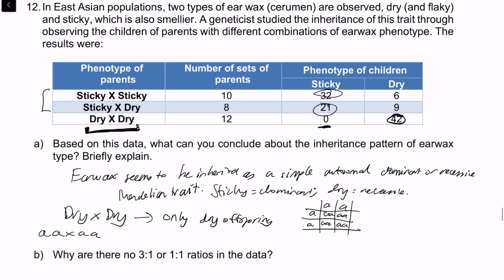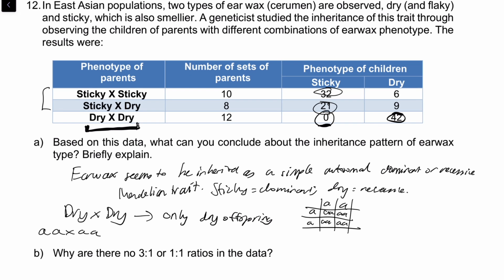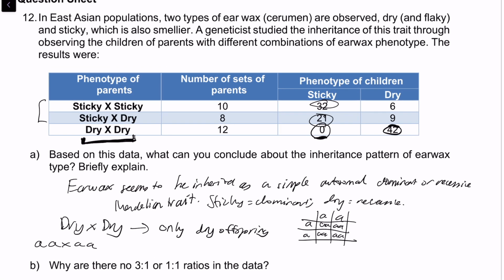Okay, and so that's what's happening in this bottom row here. We cross two dry phenotypic parents. All of their children are going to have dry earwax. Okay, none of them, or zero, as shown here, will have sticky earwax in the phenotype of the children. Okay. However, if we have the phenotype of parents with sticky earwax, whether both of them have sticky earwax, or one of them only has sticky earwax, then